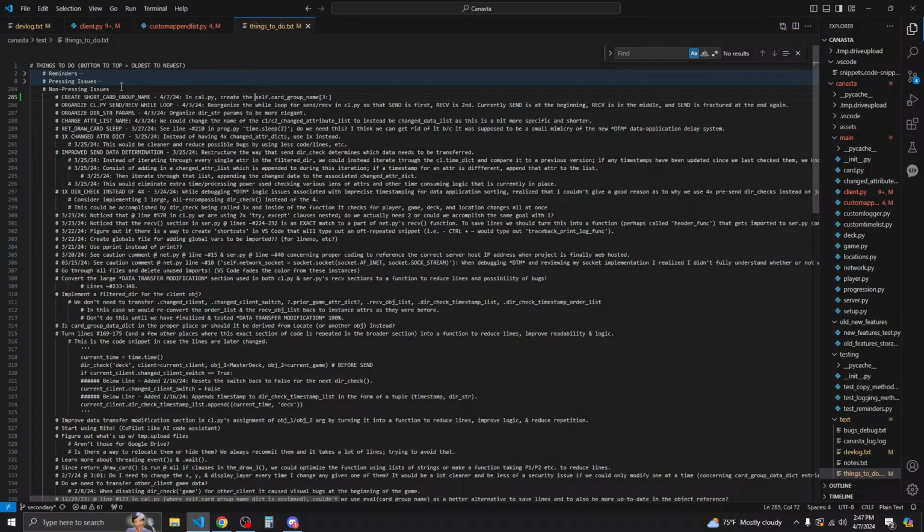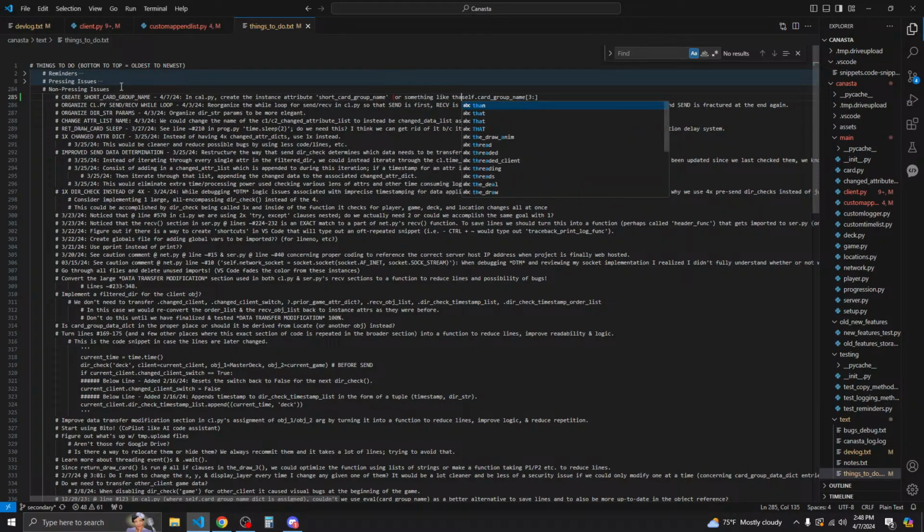Create the instance attribute. We'll just call it short card group name or something like that